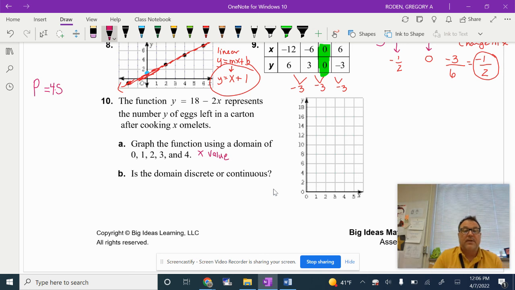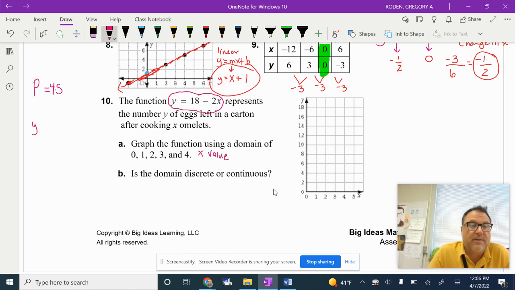So now what I'm going to do is plug these into this equation right here. This is the equation, or the function. Equation and function I use pretty much as the same word. There are little differences, but today we can think of them as the same. So my function is 18 minus 2x, and my first input is 0. I didn't make any omelets, so now I just have y equals 18 minus 2 times 0. Well, 2 times 0 is 0, and 18 minus 0 is 18. So I know my first value is going to be